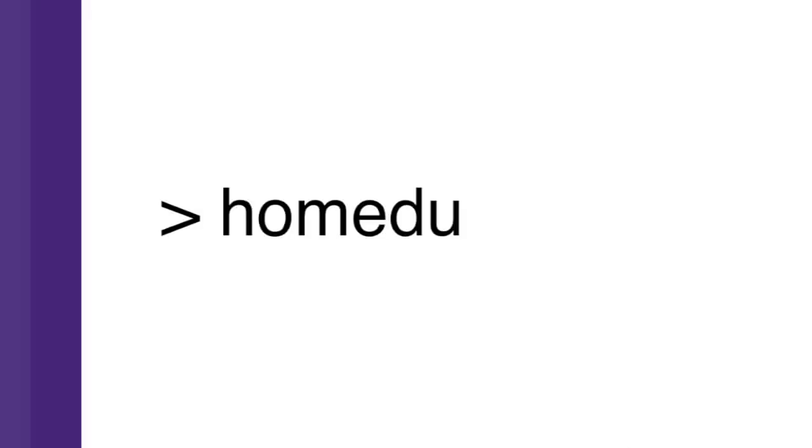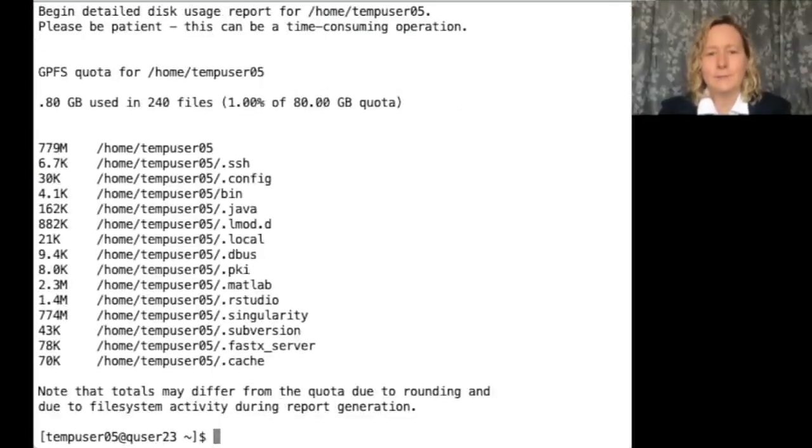The command homedu brings back a detailed disk usage report. Home directories are backed up. Home directories are the only part of Quest that's backed up. So a home directory is a place where if you did delete a file, you can open a ticket and we can often recover that for you. But anywhere else, if a file is catastrophic, if you lose it, you'll need to make sure it's backed up